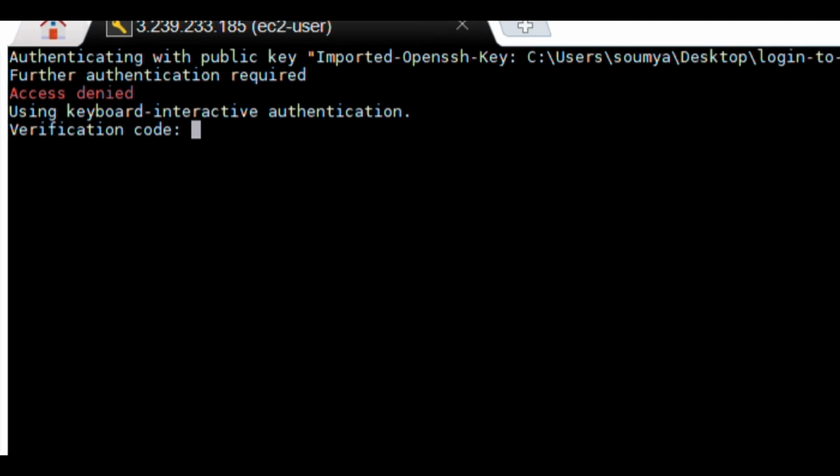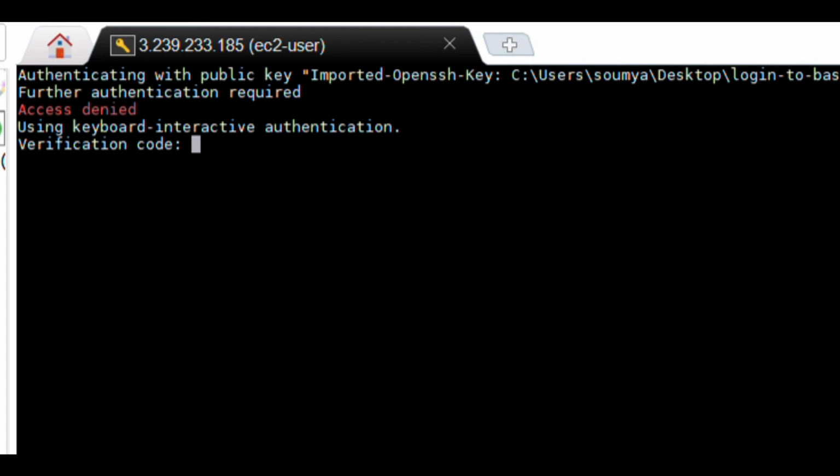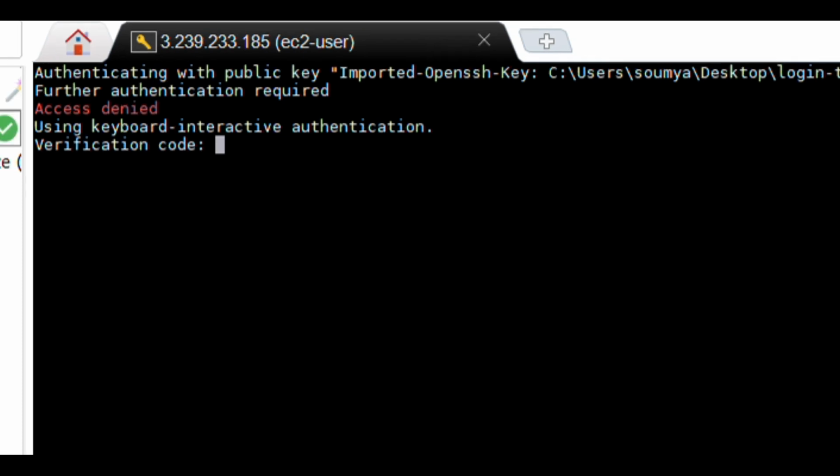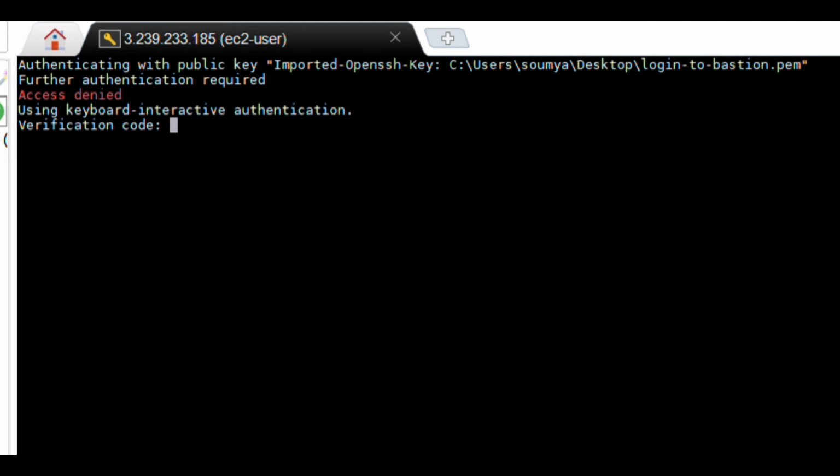The PAM module is configured to use the Google Authenticator plugin, and it is primed with the same seed as your Google Authenticator on your cell phone. So both generate the same random number at any instant of time. Now enter the number that you see on your cell phone, and there you go.